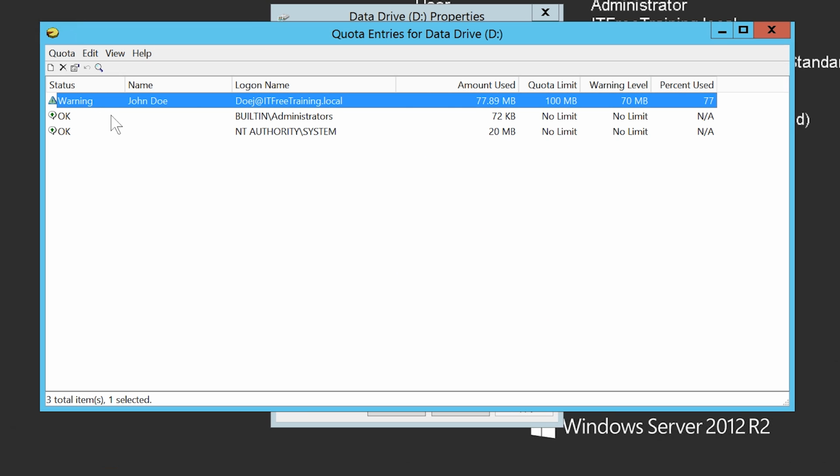Since this user has gone over the soft quota limit, an entry was created in here. It is important to be aware of this when you change quota entries or enable quotas on a drive that may have had quotas on it before. If there are entries in here for that user, they will override the default settings. If you change or enable quotas, you may need to delete entries in here for the quotas to work correctly